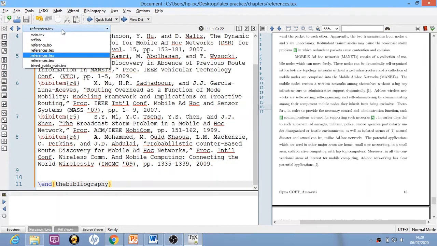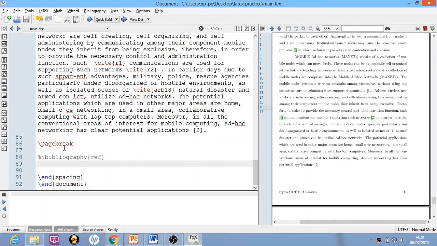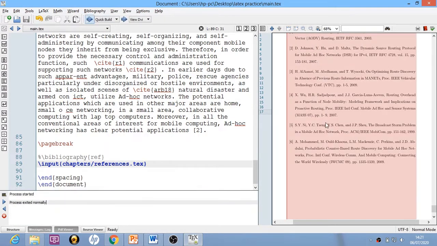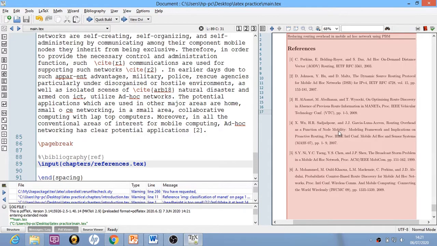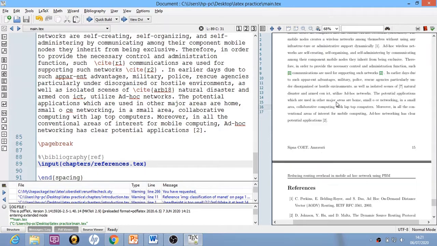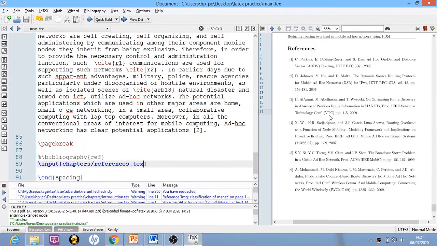The next part is I need to call it in the main file. So I will write \input{chapters/references.tex}, and now we will compile it again. You will see that the references.tex file will be included in your document, and it will show the results accordingly.